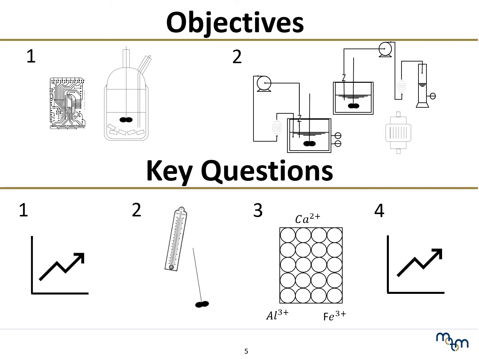Some of the key questions my project aims to answer are as follows. What is the effect of impurities on resin performance when utilizing the PCB solutions as compared to the standardized solution containing the gold powder? What conditions are most suited for the ion exchange system in terms of gold recovery, such as temperature and speed? What other ions are found in the leach solution from PCB leaching, and what is their effect on the elution and subsequent capacity of the resin? And finally, how does the increase in background copper affect the ion exchange process?